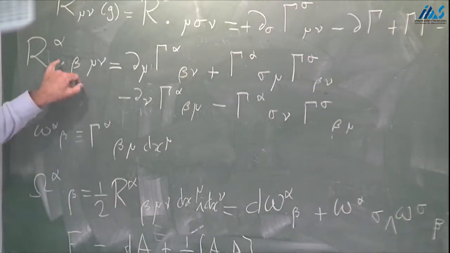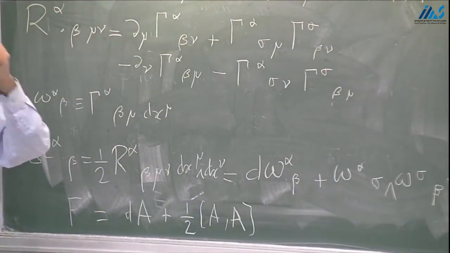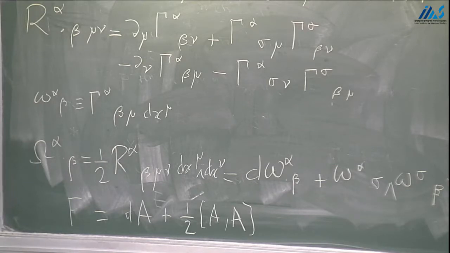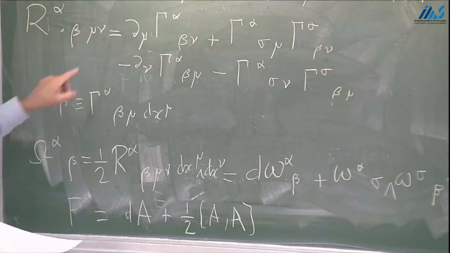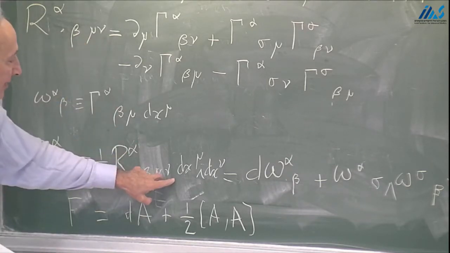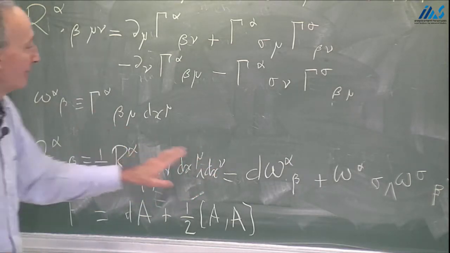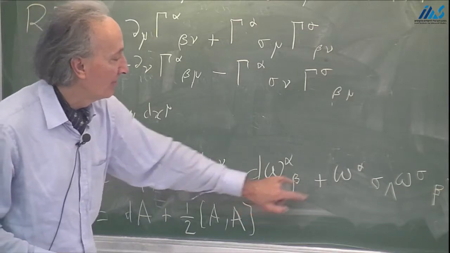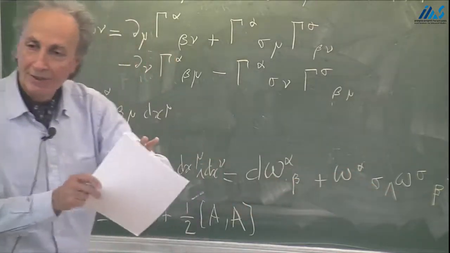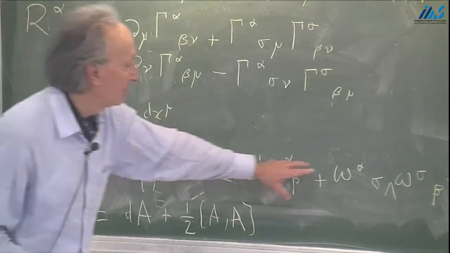So this curvature tensor has two indices which are like matrix indices acting on the vectorial indices, and then it has indices linked to differentiation directions in a two-plane. This is simply given by the formula d omega plus omega omega with very simple matrix indices put in the